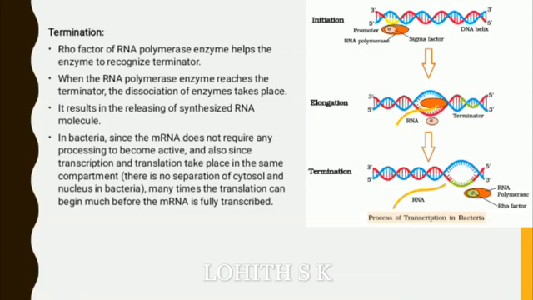That means in prokaryotic cells, as the transcription continues, before the termination of transcription itself, the translation can begin. So that's why both transcription as well as translation occur simultaneously. Consequently, transcription and translation can be coupled in bacteria. This is called the coupling reaction. So both transcription and translation take place simultaneously in prokaryotic cells. So this is regarding prokaryotic transcription, the steps involved in transcription in prokaryotic cells.